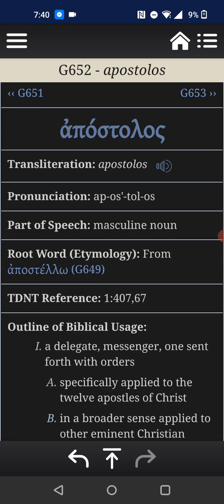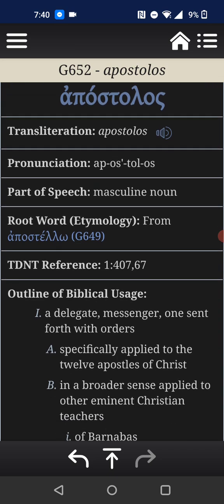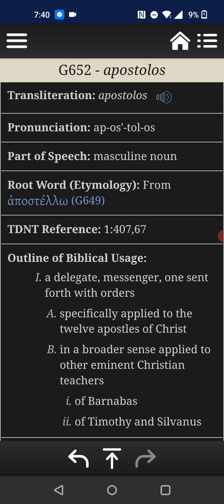So you see there it says ἀπόστολος. Strong's G652, ἀπόστολος. That's right, I recognize that P. That's pi. The O is O. And then I see there the sigma, the T, I think that's tau, another O, and then that's lambda. I think the O is omicron, another O, and I believe that's sigma at the end there. Double check me on that.